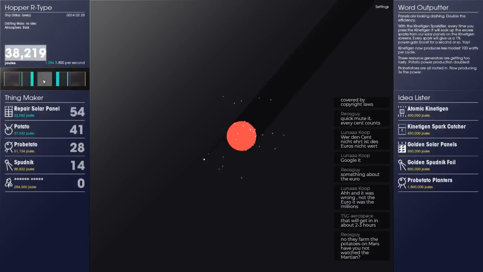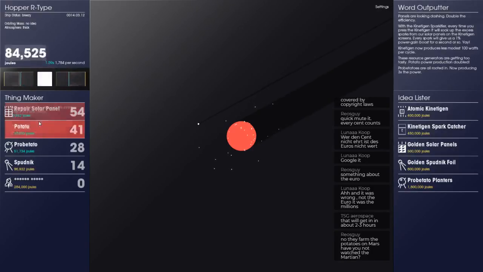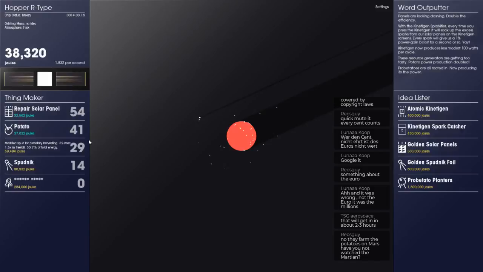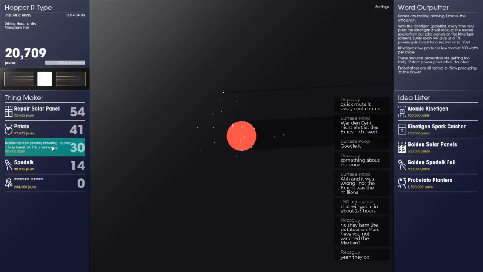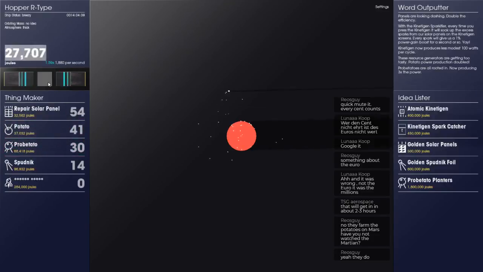No, they're farm potatoes on Mars. Have you not watched The Martian? Yeah, but up here we don't need the byproducts to help, shall we say? Because obviously everyone knows in space potatoes don't need fertilizer. I mean, the lack of gravity puts all the nutrient need on the outside, and you don't have to worry about it. Honestly, it's true. Talk to any NASA astronaut; they'll tell you that's scientifically accurate. Just order an interview, something like that. I hear they're quite willing. Yeah, they do. It's true.